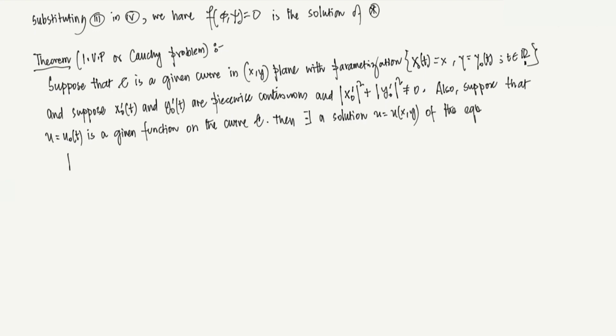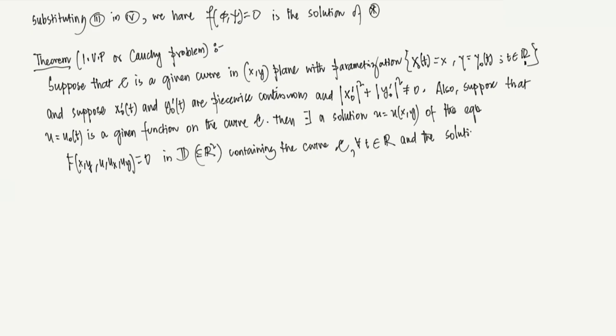The general equation, if you remember, f of x, y, u, ux, uy equals 0 in the domain D, a subset of R2, containing the curve. So this D will contain, of course, the curve C for all t in R. If you are writing it to be in some interval I, then that will be I. And the solution u of x, y, satisfies